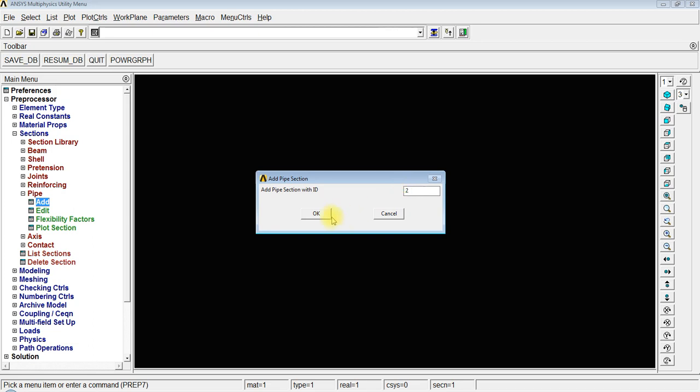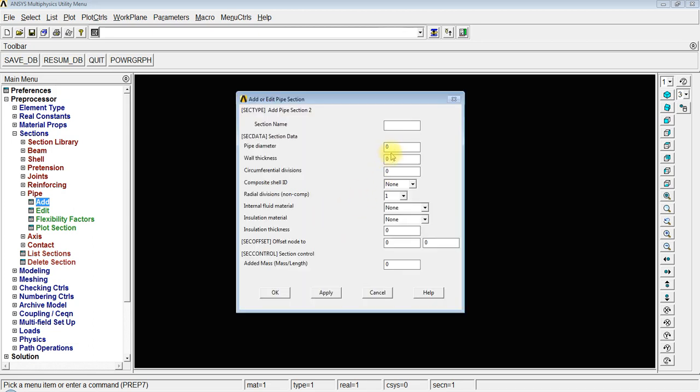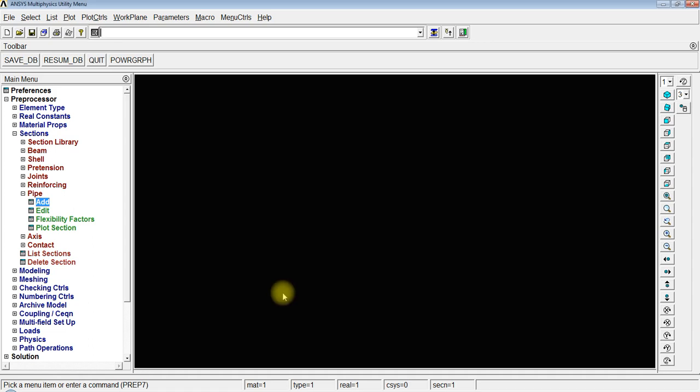We will give its ID as 2. Pipe diameter is 5. Wall thickness we will supply as 0.2. So we have inputted the dimensions of 2 pipes.